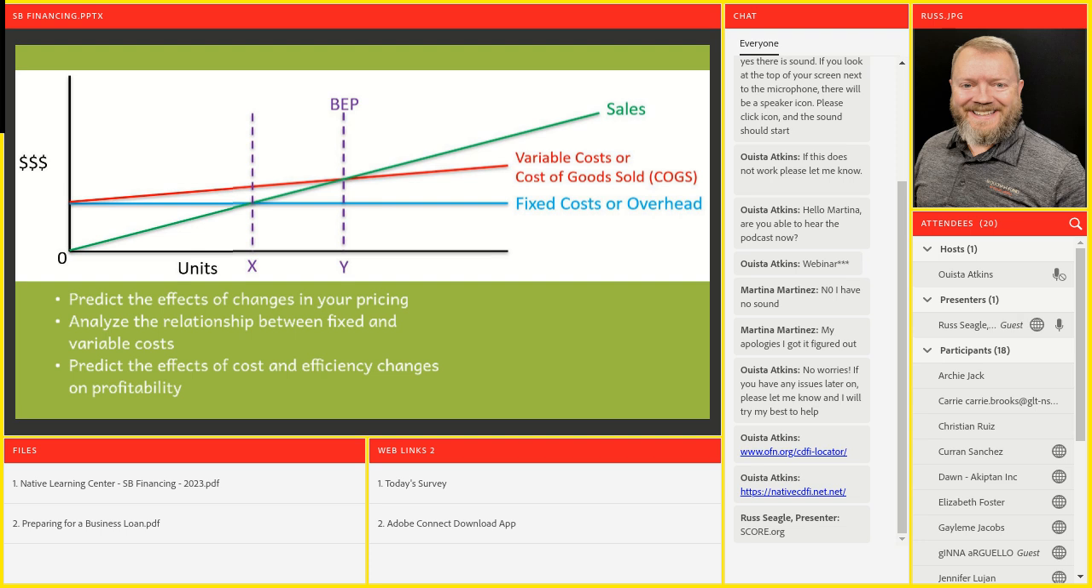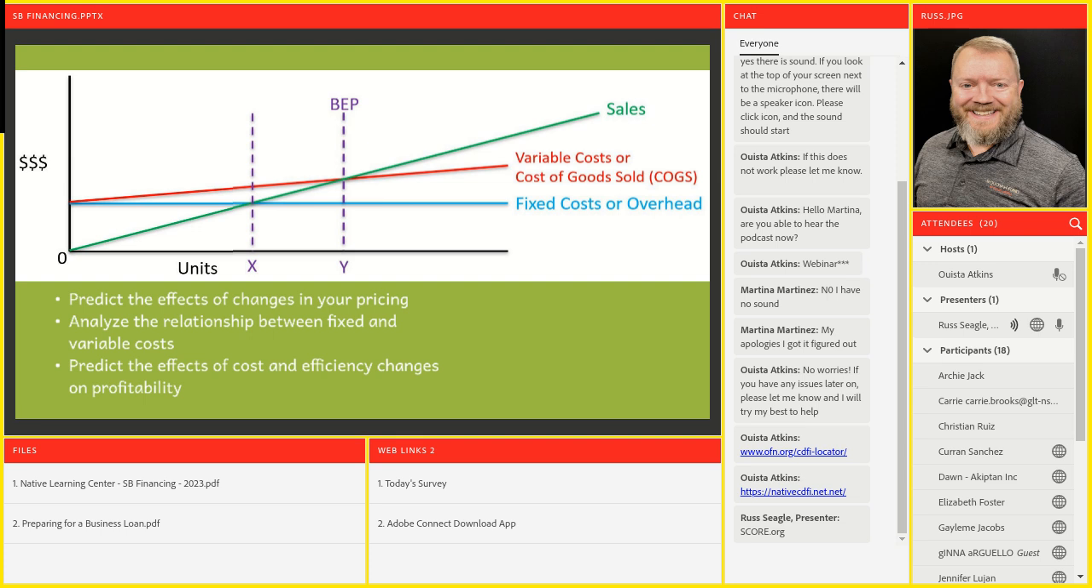The break even is important because it helps you predict the future. It tells you what the changes are going to be based on your pricing. If you raise your price, if you lower your price, what happens to your bottom line? You can analyze the relationship between your fixed and variable costs. A lot of people put a lot of effort into reducing variable costs. They start to sell cheaper products. They start to let their quality slip, and people notice that,